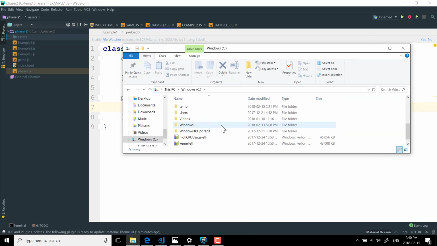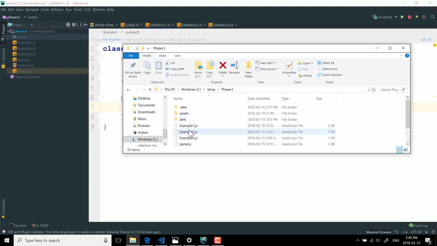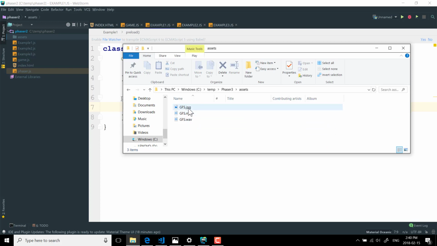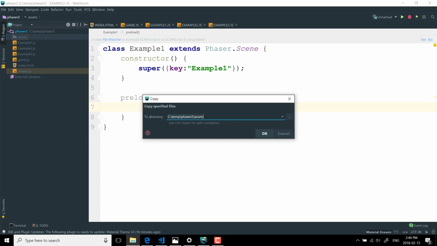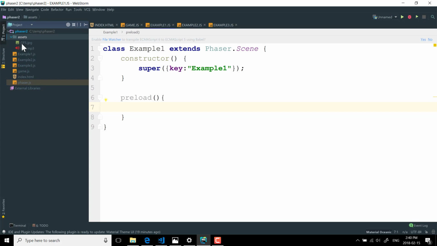SPC, C, temp, phaser 3, assets. And all I've really got is a JPEG and an MP3 file. I'm just going to grab those and drop them into the assets folder. So, yep, now we have our two assets available. Those are the only media files we're actually going to use for any of this